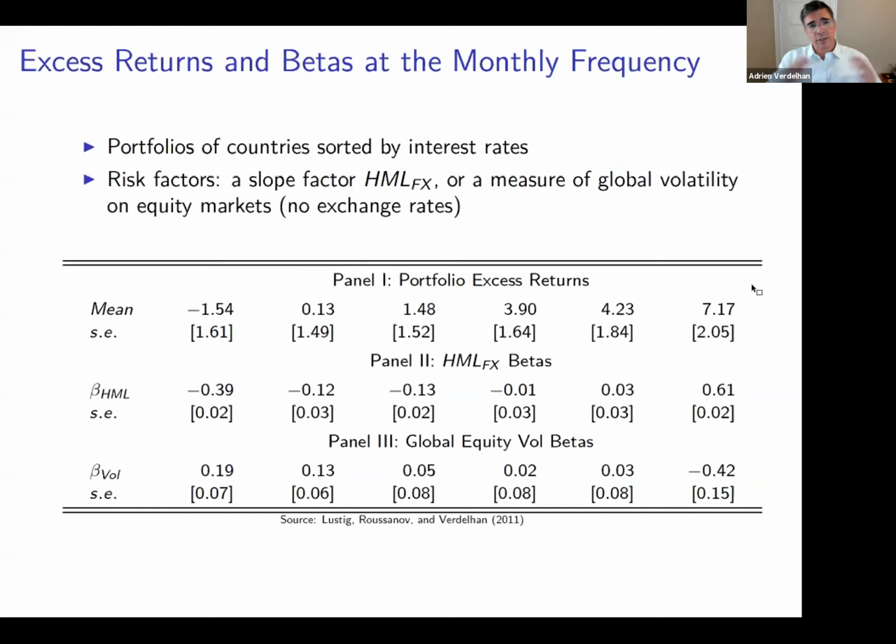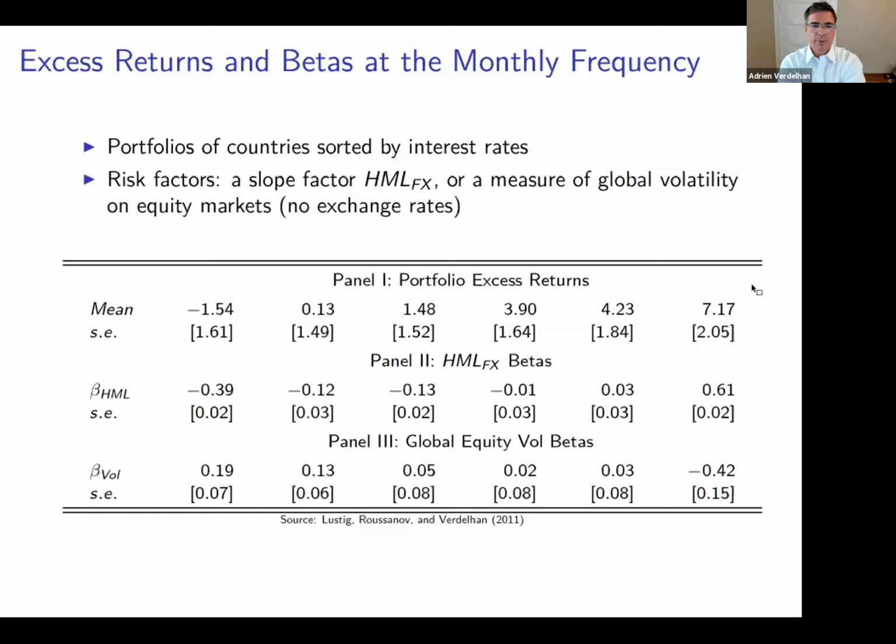Now, when you get a cross-section of excess return on currencies, like on everything else, you want to see if you can explain it with risk. And risk is about covariances, co-movement between the returns and some kind of risk factors. So consumption growth was one very natural starting point, but it's not clear that the aggregate consumption should explain everything. You can also go in different routes, thinking about what Fama and French have done when they built the cross-section of equity returns based on the size of the firms or their book-to-market ratios. Their next move is actually to build a risk factor out of those returns themselves, right? And that's what we can do here.